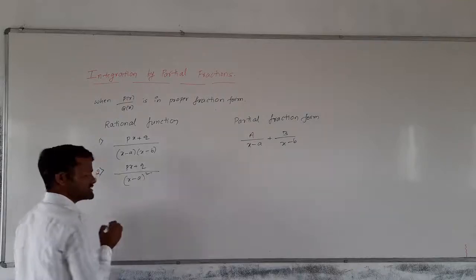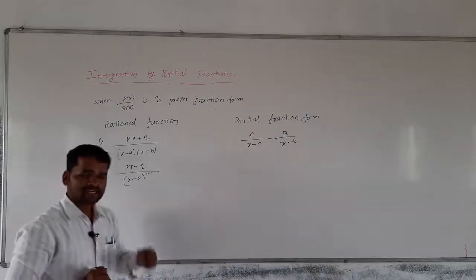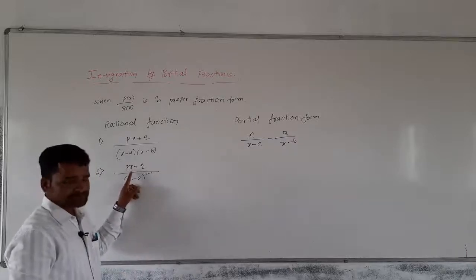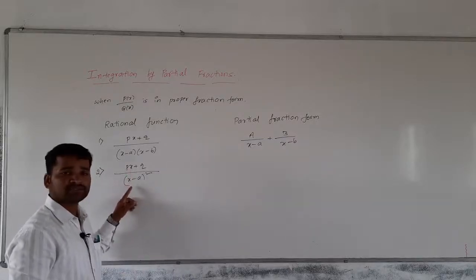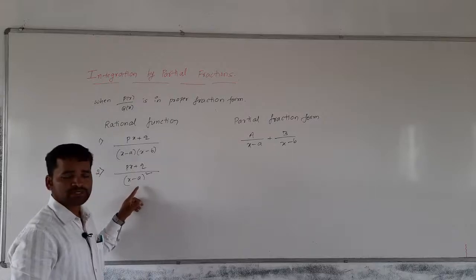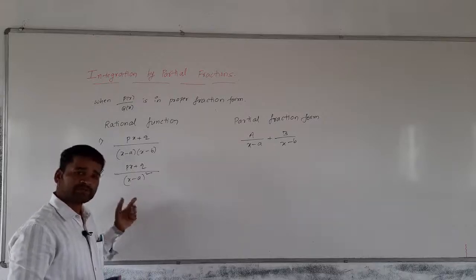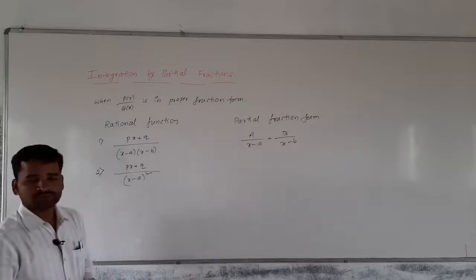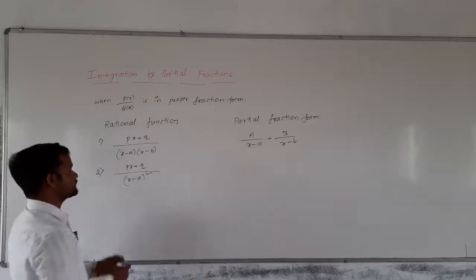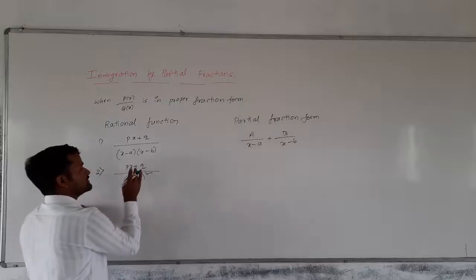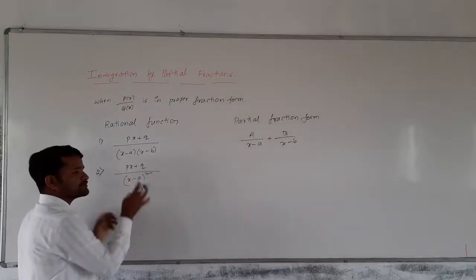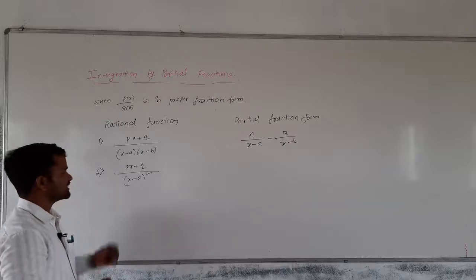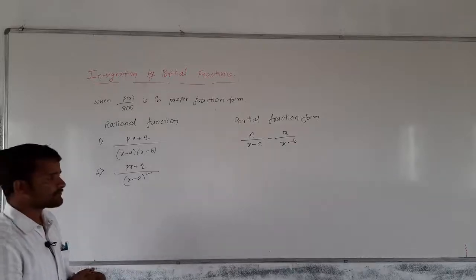Check the second one. Is it in the proper fraction form or not? Yes, it is in the proper fraction form because numerator degree is 1 and the denominator degree is 2. It is like x minus a whole square, you expand it. x square we will get, highest power is 2, so degree is 2 here. In place of this px plus q, you can have one constant also, 1, 2, 3 like that, any constant can be there. In that case also, it is in the proper fraction form.